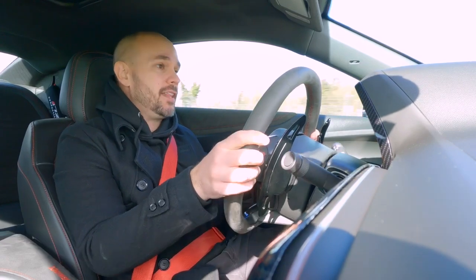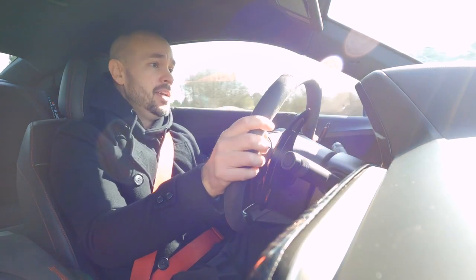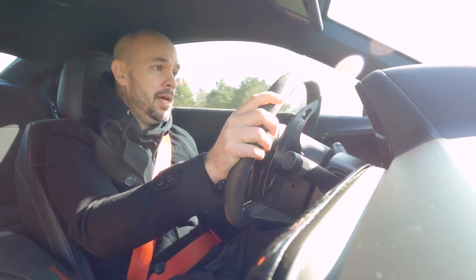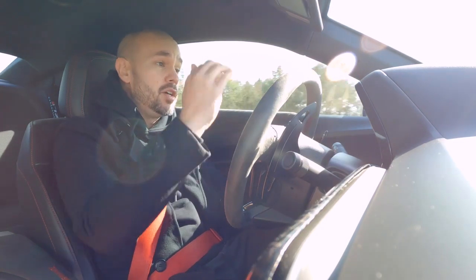That's right, you heard that correctly. 10-speed. This is a 10-speed automatic gearbox. And here's the kicker. It was co-developed with Ford, Chevrolet's arch nemesis. And now, you'd think that Ford would take this opportunity to sabotage the Camaro and just sell loads of Mustangs down the line. But instead, they arrived at this 10-speed transmission with a 7.39 ratio, which allows for smaller steps in between gears,